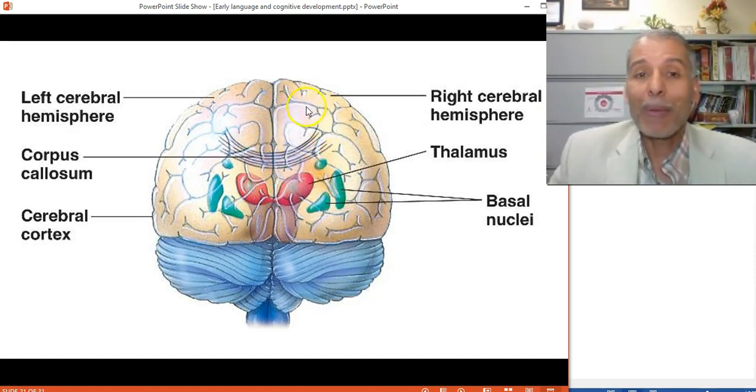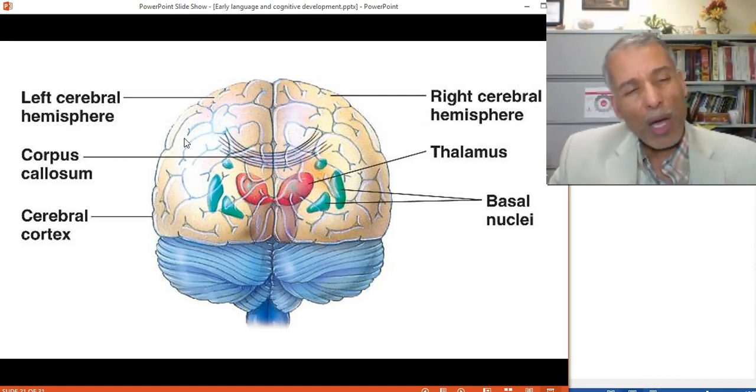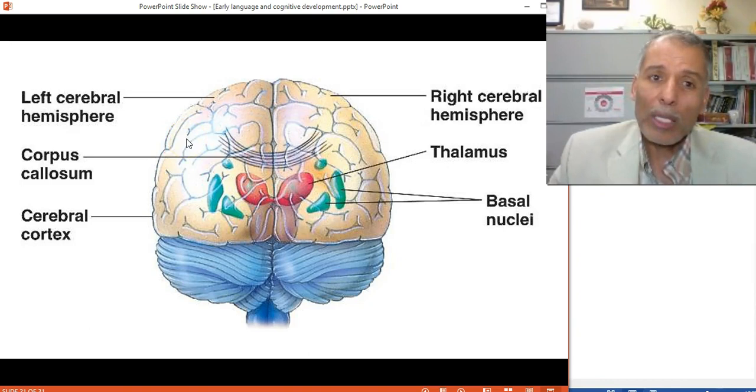It doesn't mean there's someone who you can say, oh, they are right-sided, left-sided. No. In order for you to comprehend the sentence like, it is raining cats and dogs, the left side of the brain is going to give you the sentence, going to give you the words, and then you expect, now, look up and you'll find cats and dogs falling from the sky. This is what the left side of the brain will tell you.